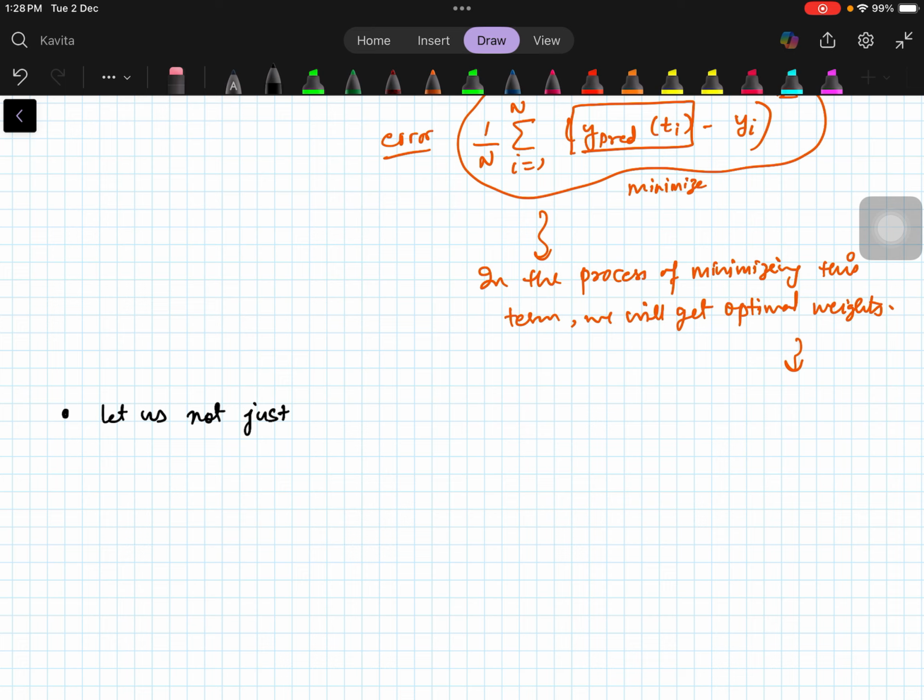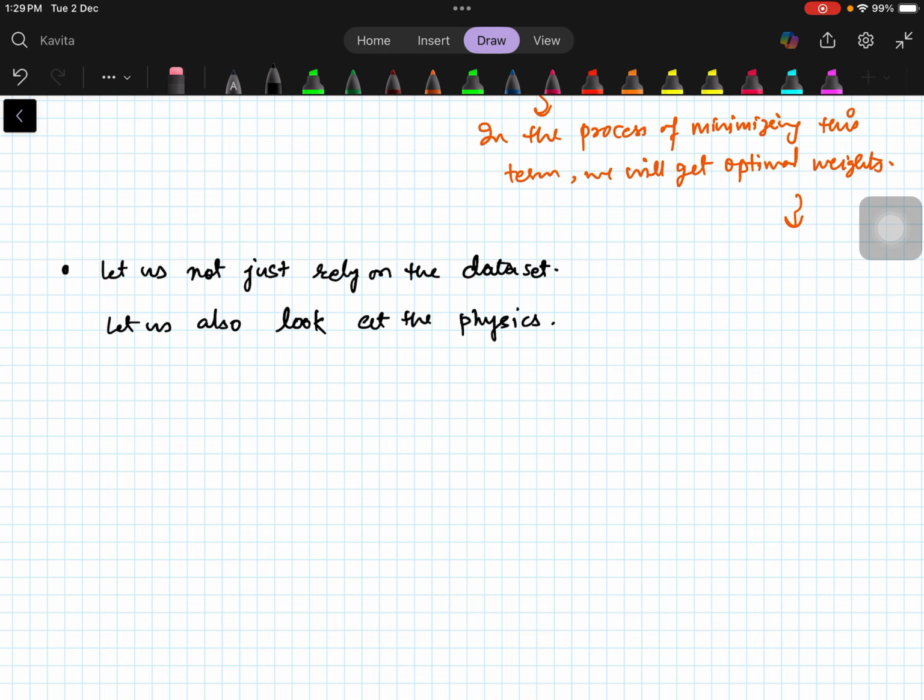So what we will do now to rectify this is say, let us not just focus on or rely on the data set. Let us also look at the physics of the model. If you go to the physics of the model, then you will come to know that the physics of the model is that the second derivative of y with respect to time plus the gravitational constant equals 0. How we derive this equation is not what we are going to do here,